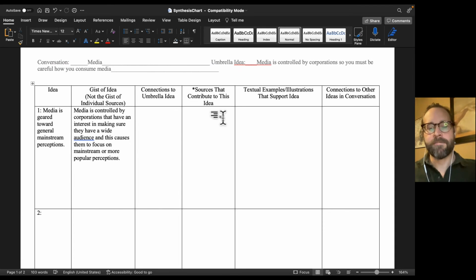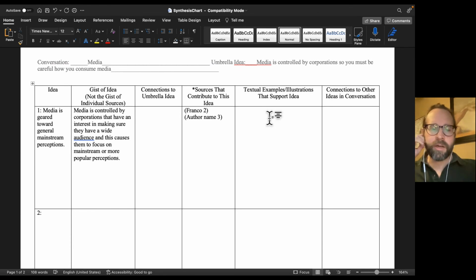And then in this sources section, you can be really simple here. You can just say, let's say Franco talked about this, right? So you just want to say author last name, page number, say page 2. And say 2 or 3 of your sources contribute to this idea. Do put the author last name and the page number too, because this will make it really nice when you go in to write your essay. You can go right back in and know exactly where your quotes are that are going to support your ideas.